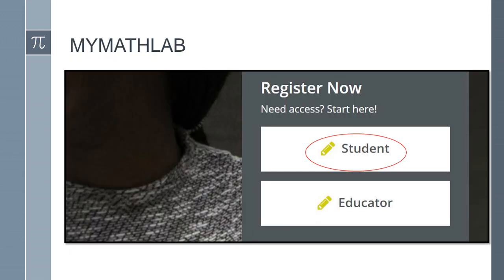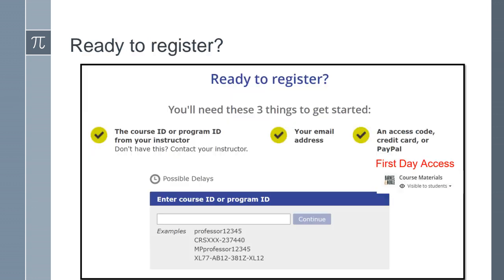All right. So now let's switch over to the other platform, which is MyMathLab. Again, this online platform is for all those students who are in Math 1324 or the NCBM respective classes. Again, to register, you're gonna click on the student tab. Okay. And once you're ready to register, your instructor, just like before, is going to give you a course ID. Now on this one, the course ID will look like your professor's last name followed by digits.